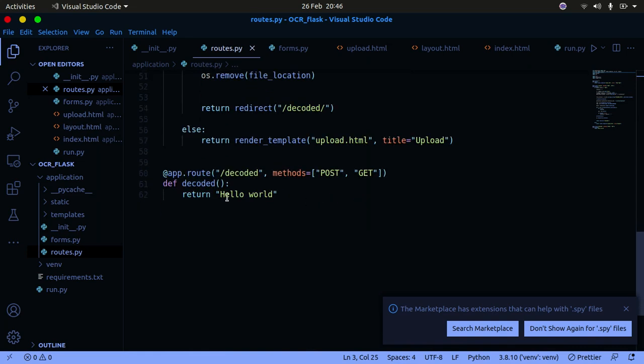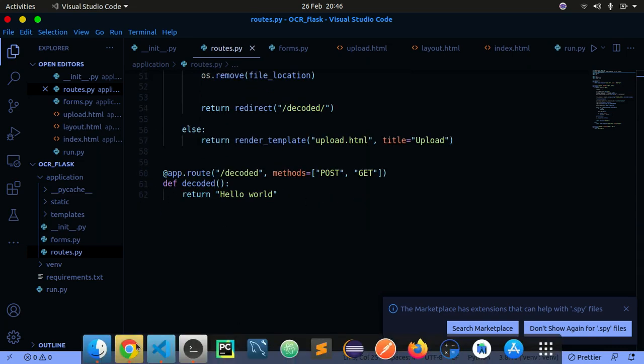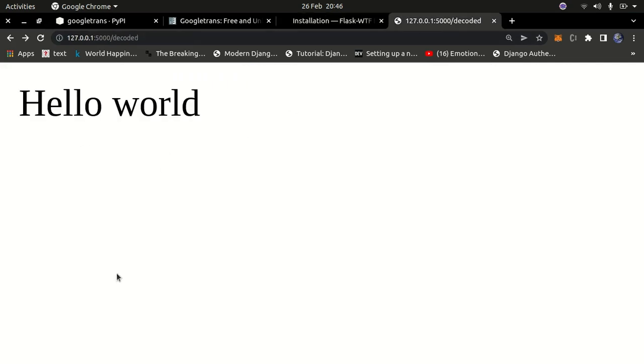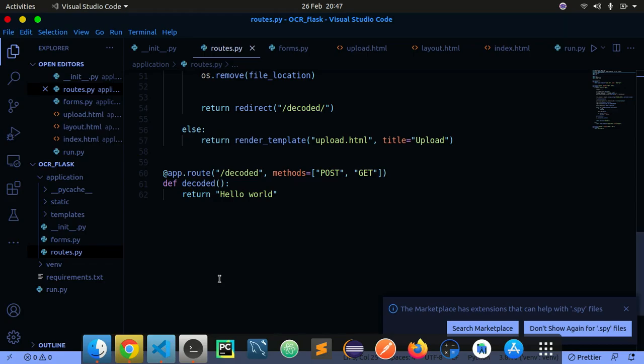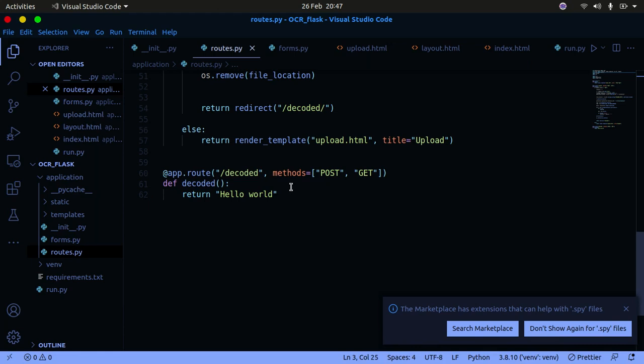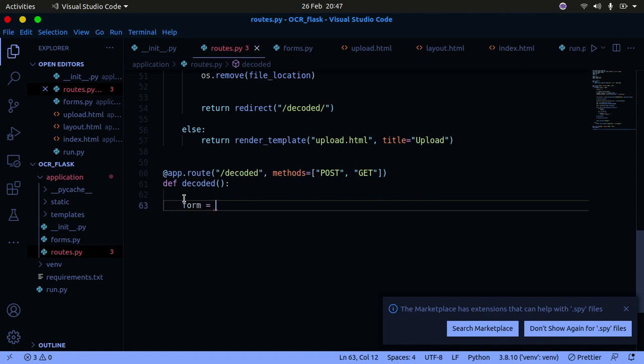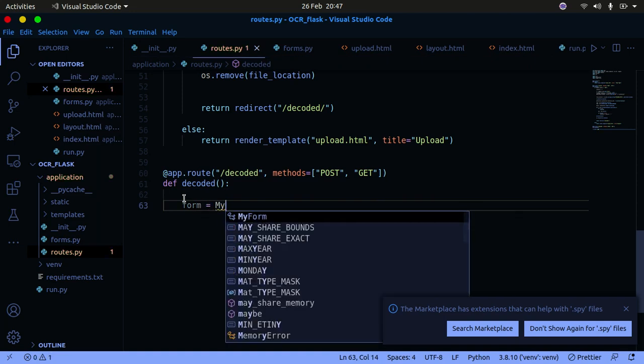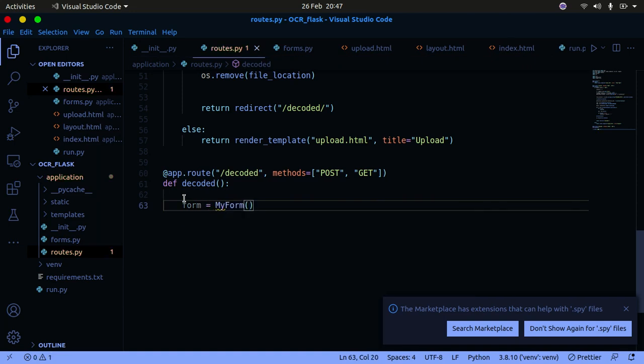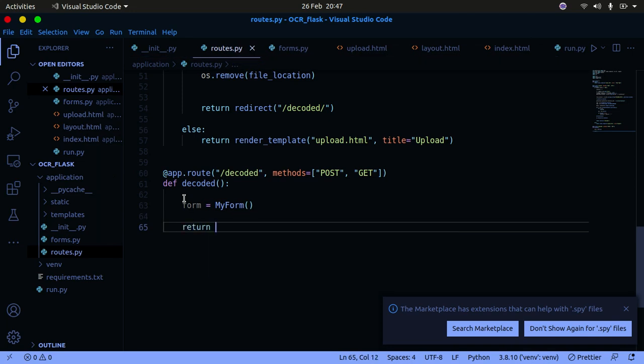Once I have that done, I can simply go ahead and make an instance of that inside of our decoded route, because decoded is what returns to us the hello world. Now we don't want that hello world, instead we want the form data. So let's go ahead and create that form. I'm going to delete this for now, and I'm simply going to say form equals MyForm, just like that. Create an instance of it, and then you're going to return a template that is going to be called